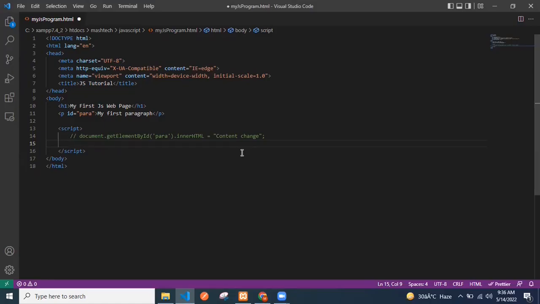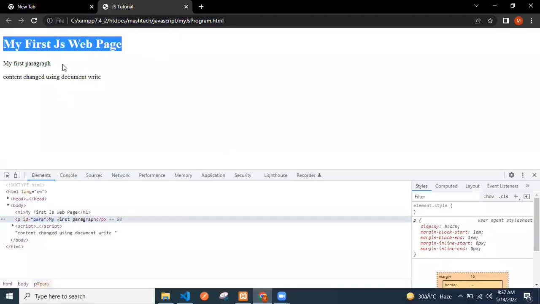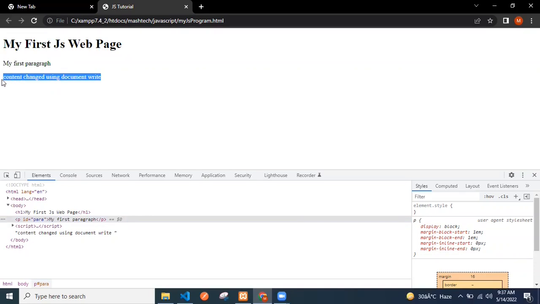And if you want to add document.write, you can add document.write content change using document write. So what this will do is add the line at the bottom of the HTML document. Refresh the page, you see heading, paragraph, and this was one added by the